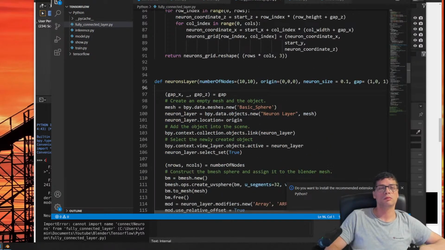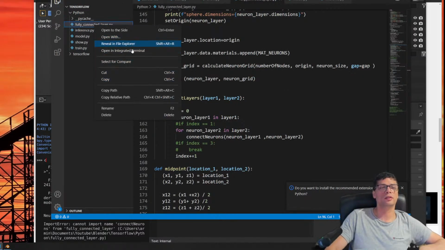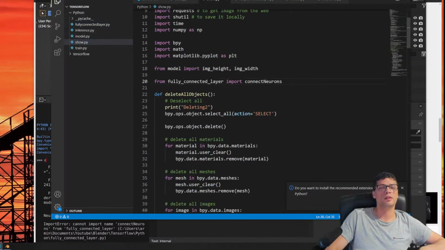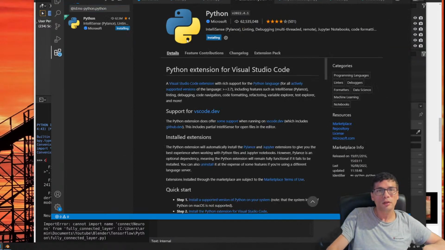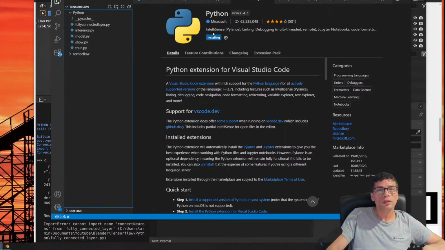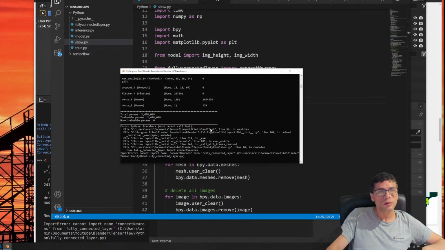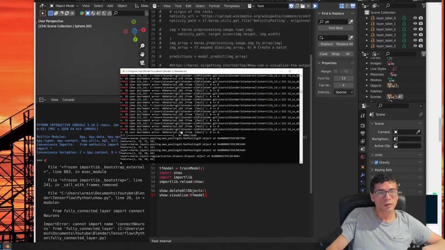Neurons layer. Connect layers. Does it care about whether it has underscores or not? I don't think so. Let me just make sure it doesn't really care about that. Should be working, right? Okay, install. Wait. Okay. Let's run it. Okay, it seems like